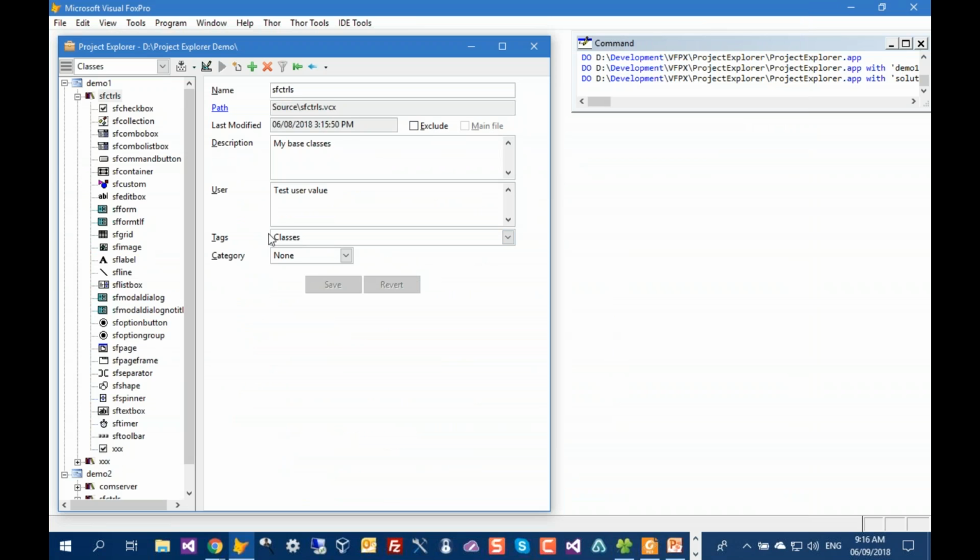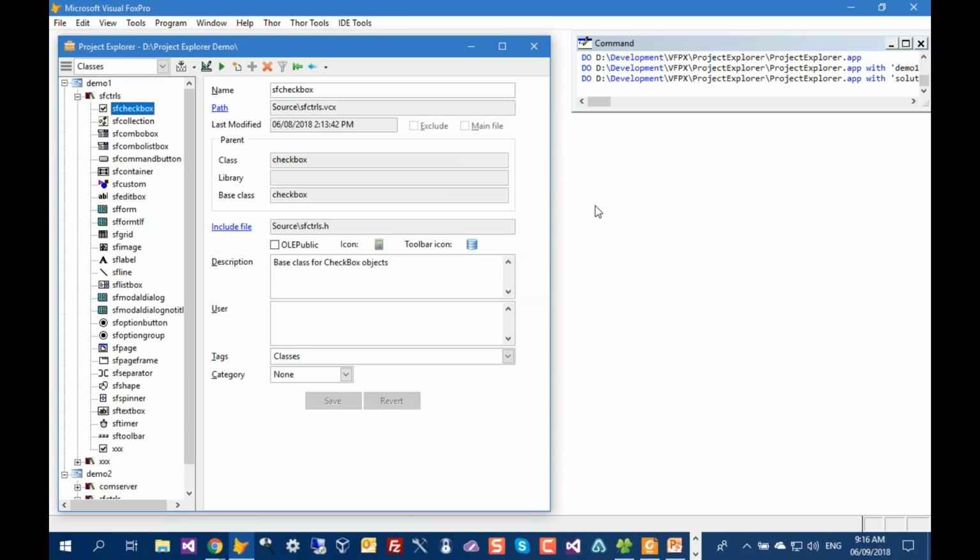You can change the user memo. We'll talk about tags and categories later on. If you make any changes, you can either save or revert them back to the original. If we take a look at a class, we see, again, some more things, some of the things we saw